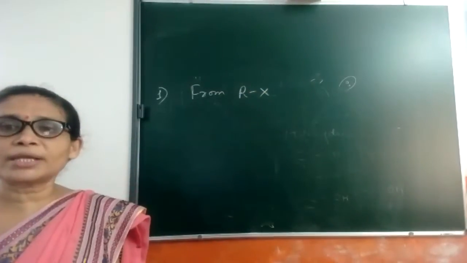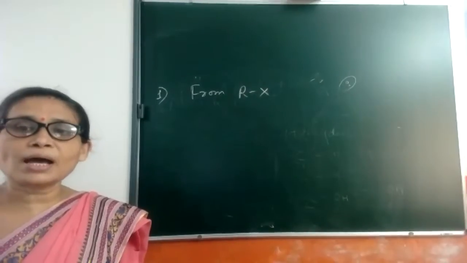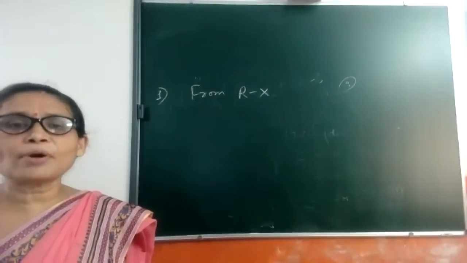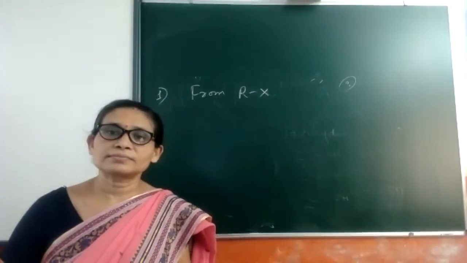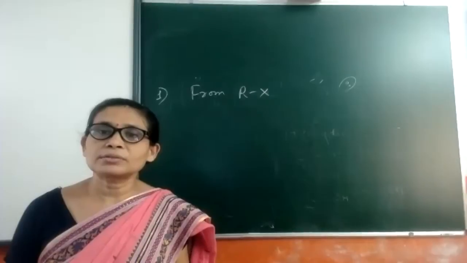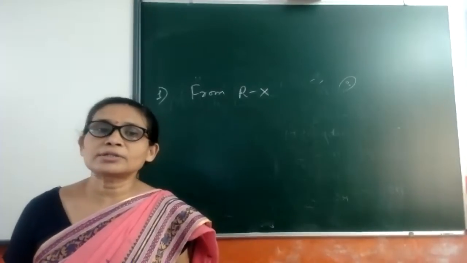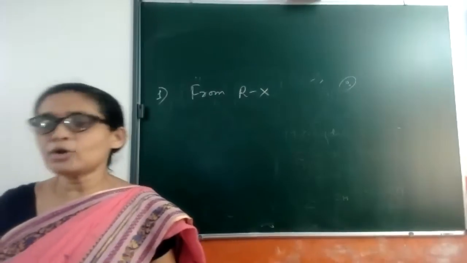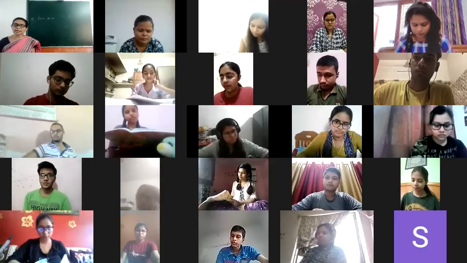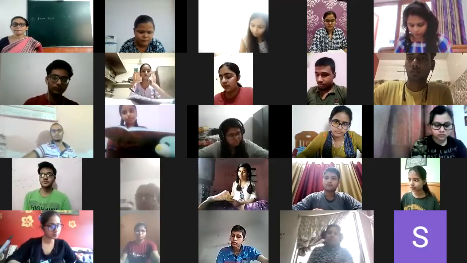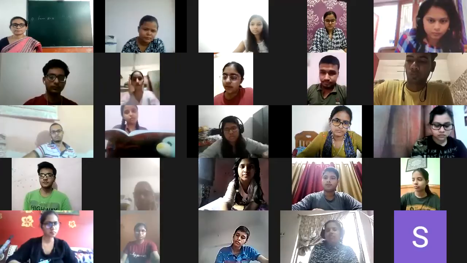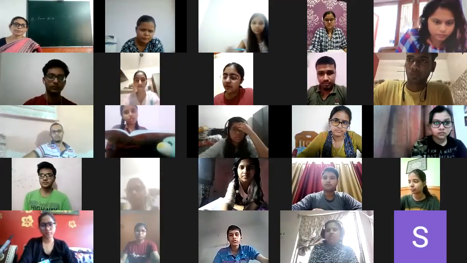Any type of haloalkane you take, CH3Br or C2H5Cl or C3H7I, any type of haloalkane. Now what you have to do is only replace the halogen with OH. So you know how to do it. Which reagent will you use? I hope you all know which reagent we have to use to replace halogen with OH. Who will tell? Vikram, Malviya.